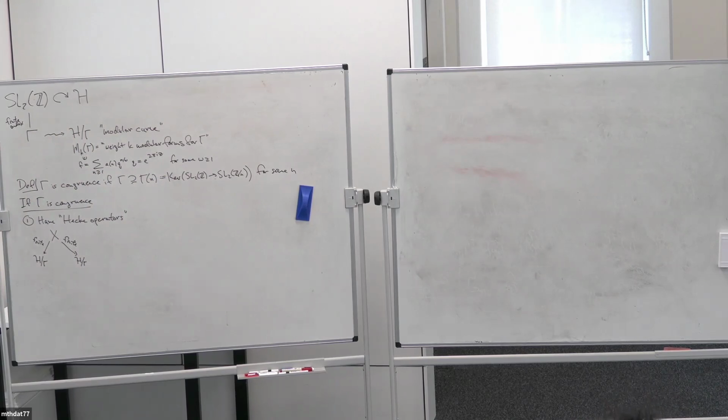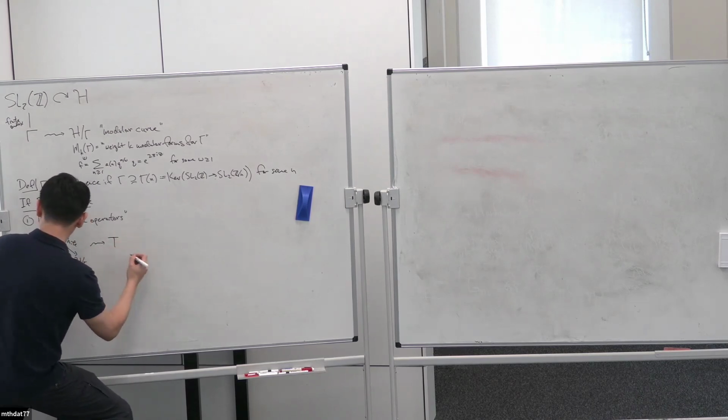Okay, so you have these Hecke operators, and these are just some other curve with a finite map to H mod gamma. The idea is that this doesn't quite define a function from H mod gamma to itself, so it doesn't act as automorphisms, but whenever you have any kind of linear object associated to H mod gamma, like cohomology or spaces of modular forms, you can basically pull back and then push forward, and this gives you endomorphisms on